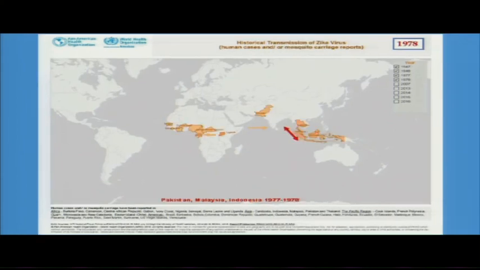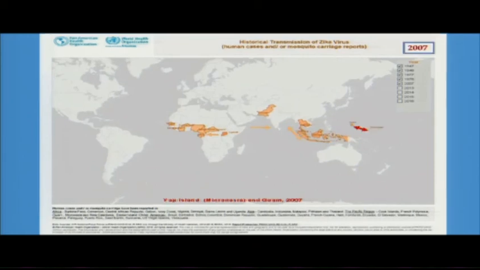Okay, in the 70s, it stayed in Uganda but moved a little bit west into some of the Western African nations. Gabon had a little outbreak. Nigeria also, and it spread eastward into Malaysia and Indonesia, with some cases in Pakistan. As we move on, here we are in 2007, and Yap is up there in the Pacific with the Micronesian